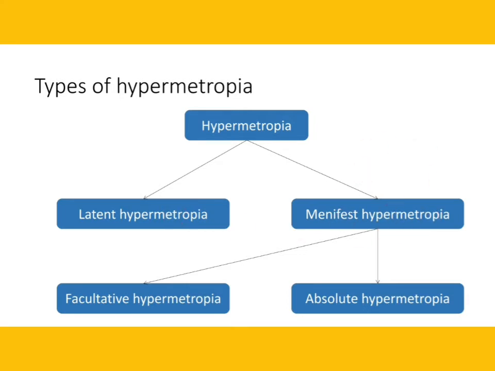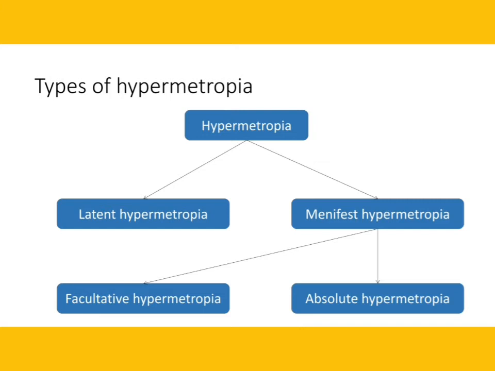Okay, so what is latent hypermetropia? I will tell you with an example. Suppose the person is having hypermetropia of +1 or +1.5 diopter for distance. So he will have blurring vision for distance. What our eye will try to do is correct this amount of hypermetropia, that is +1 to +1.5, with the tone of ciliary muscle. It's a very natural process that the eye automatically tries to correct this amount of refractive error with the tone of ciliary muscle.